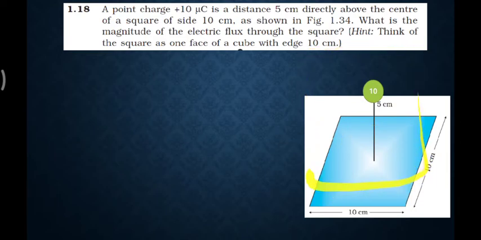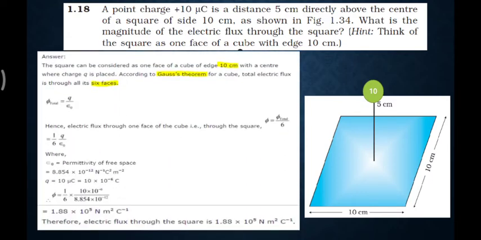So there is one cube, and at the center that charge is placed. Okay, now you have to imagine it this way. Let's go for the calculation. The square can be considered as one of the faces of the cube, which is 10 centimeter side, with the charge at the center. As I said, according to Gauss law, the total flux through the square is